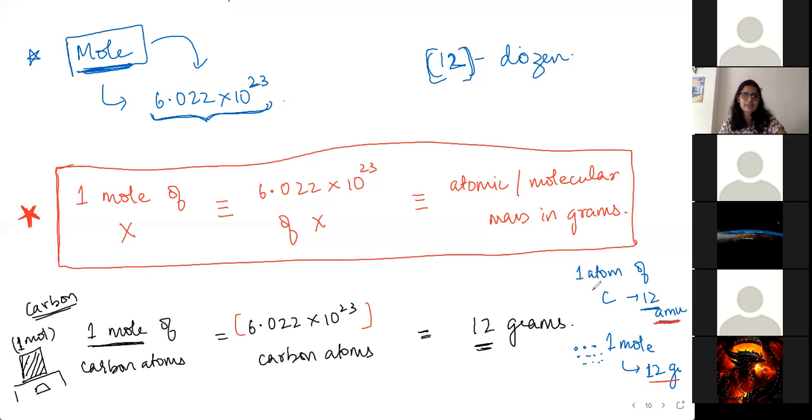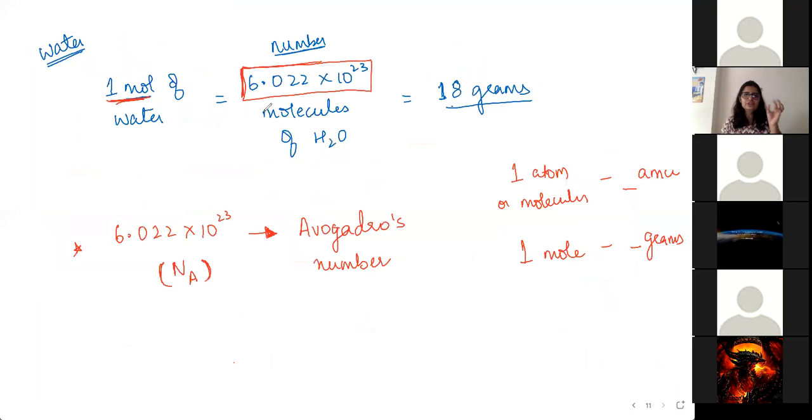So you will have questions and problems based on this. Whatever problems you get, you have to just use this, and it's basically like the unitary method. So you'll have questions like, what is the mass of 3 moles of water? So you should know that the mass of 1 mole of water is 18 grams. So then how much will 3 moles be? You just have to apply the unitary method. Yeah, 3 into 18. That's it.